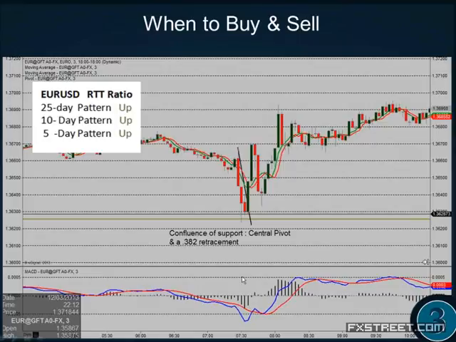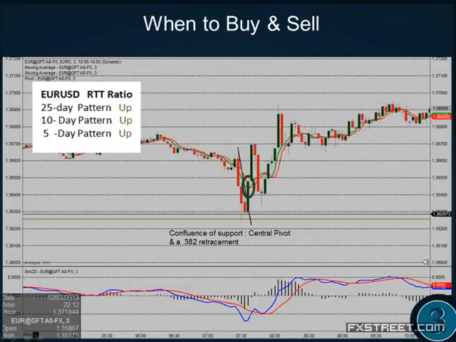But when to buy and sell, anytime you have a confluence of support or resistance and the price stops there and you get a short-term trend line break and you have the majority patterns up, you better take a hard look at that. Now, obviously, we go into a lot more detail in the course. We're not here to cover all of that, certainly not, but we're giving you a good idea that when you get that short-term trend line break, market stopped on support, you have the majority patterns up, that's a good time to be looking for signals, okay?